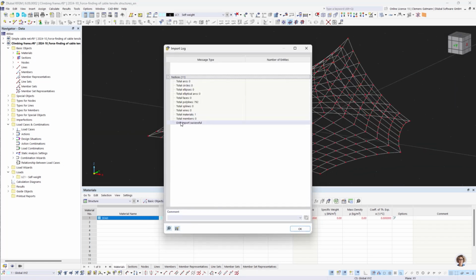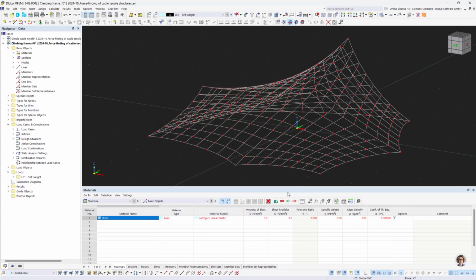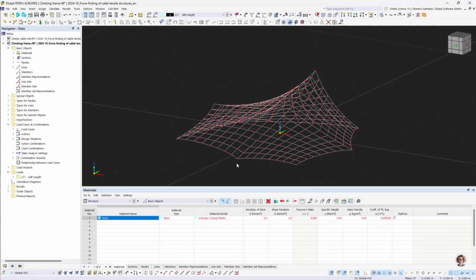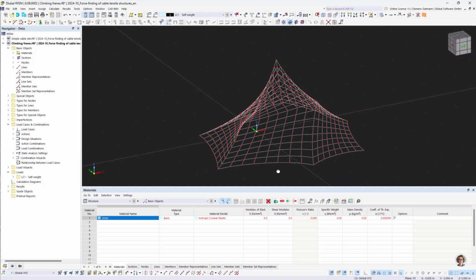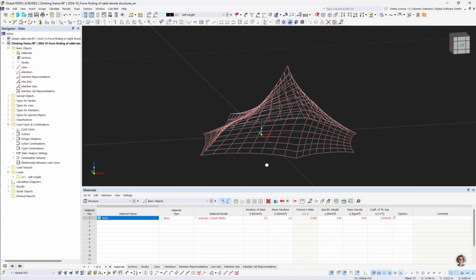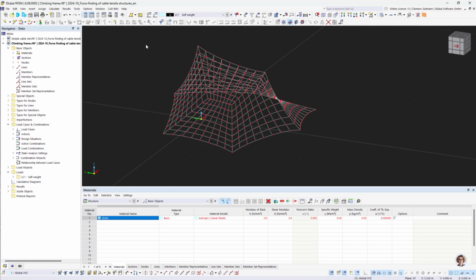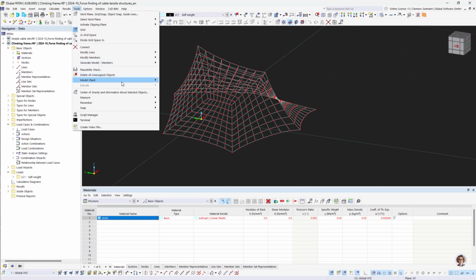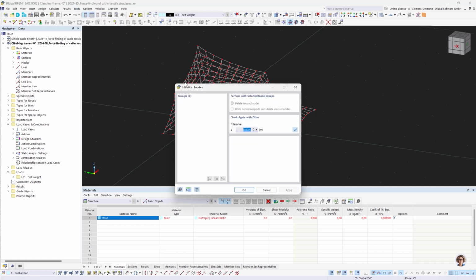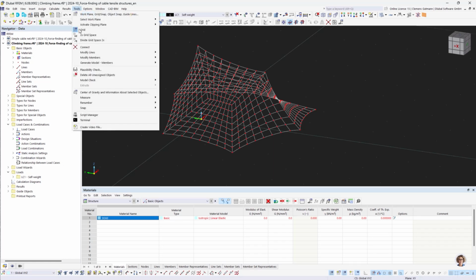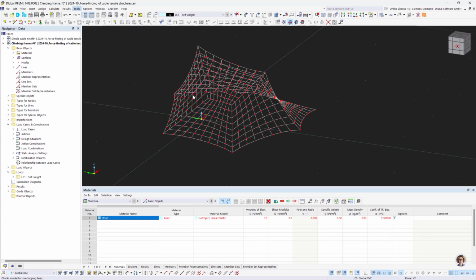And yeah, the import has been successfully performed. And as you can see, the geometry is a lot more complex. Let's check whether it is correctly drawn with a quick model check: identical numbers, none, and overlapping lines, none. That's good. Now we can